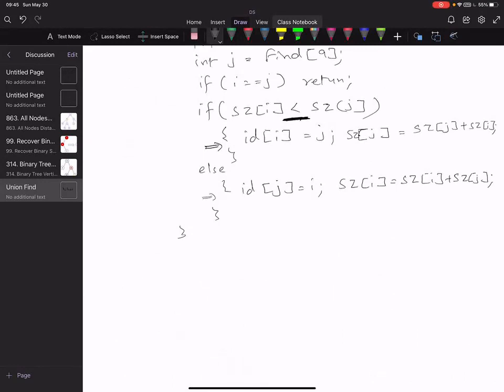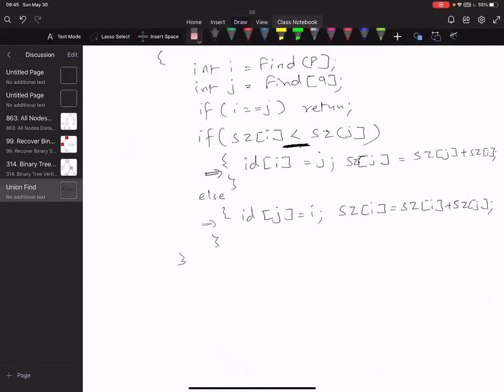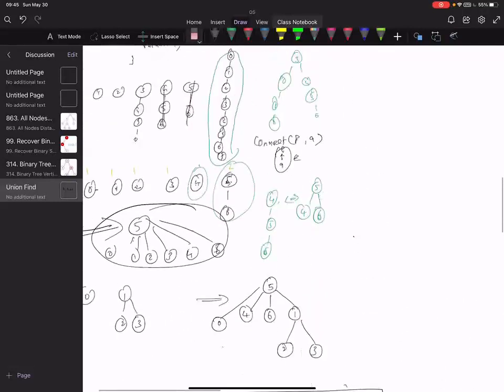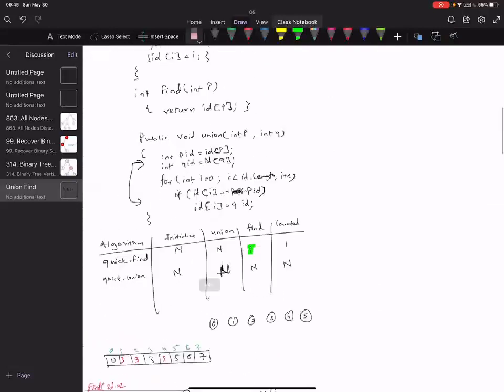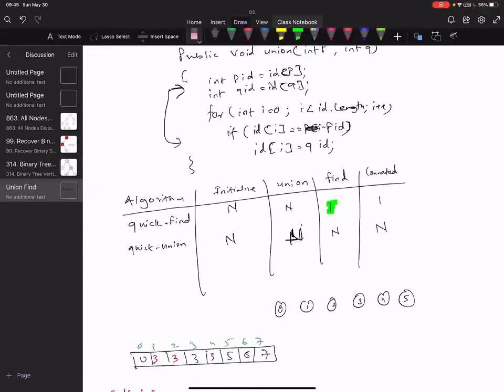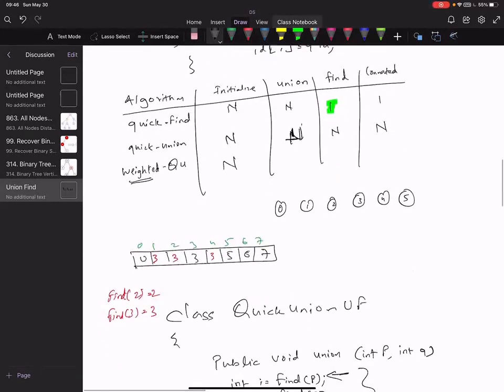No question. Okay. So now let's see what will be the cost of find in this case. Let's call it weighted quick union, because we use weighted quick union. So we did a quick union, but we put weight, and based on that we are deciding. So initializing is always n. What will be the cost of find?